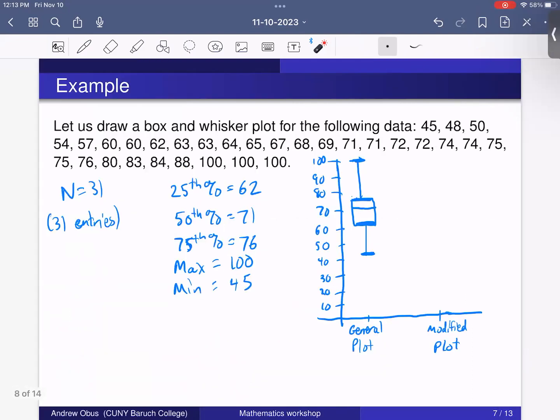So if we look at the data over here, what's the largest data point that's less than 97? What this is basically telling us is that we're not allowed to use these 100s. They're too big. They're more than 1.5 interquartile ranges above the 75th percentile. So they're more than 21 above 76. So we have to use the next biggest data point, which is 88. So 88 is going to be what we actually use for the maximum in this new modified box and